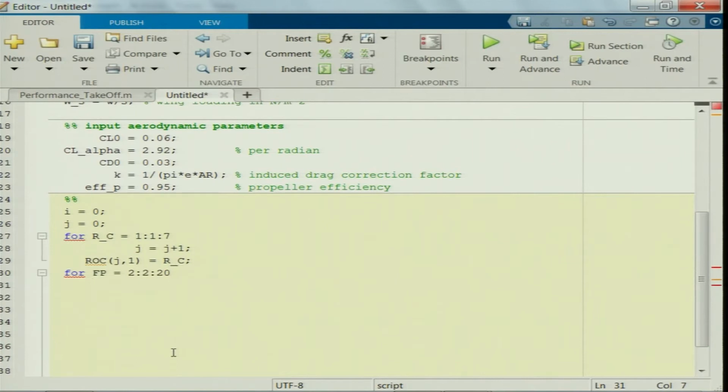Including 2, it is 10 data points we will have. And this flight path is varying. Again as I mentioned, i is the variable of this iterative approach for gamma, where j is the variable for rate of climb.